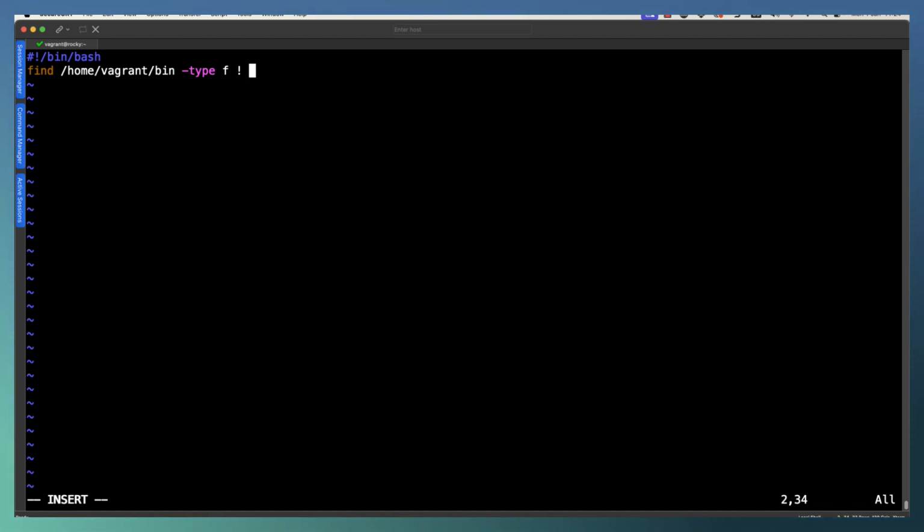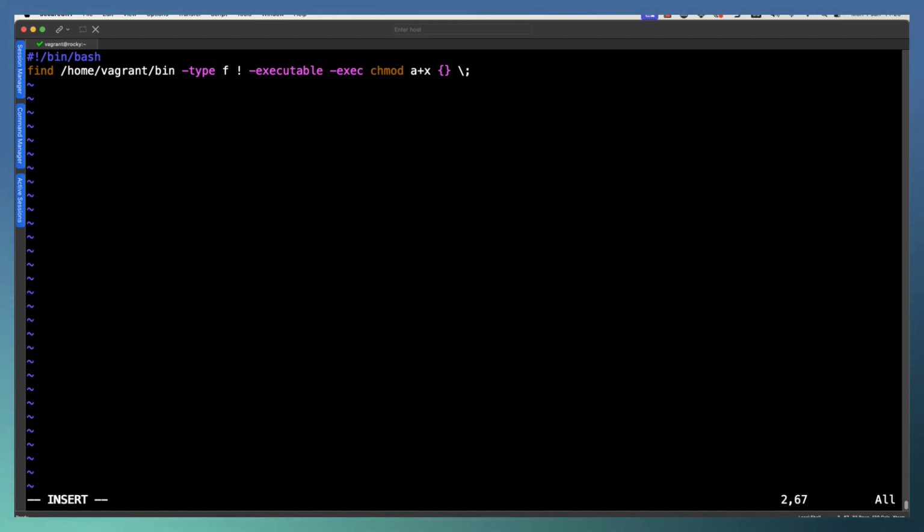So we can put the exclamation mark -executable. So all files below bin that aren't already executable, we're then going to run a command, -exec. And of course we're running chmod a+x on the found file. And we need to end it with the escaped semicolon.